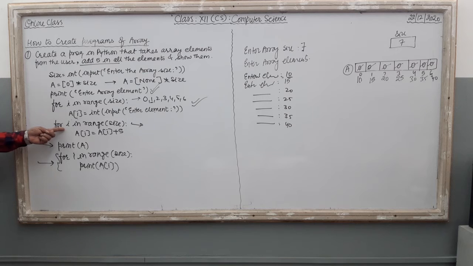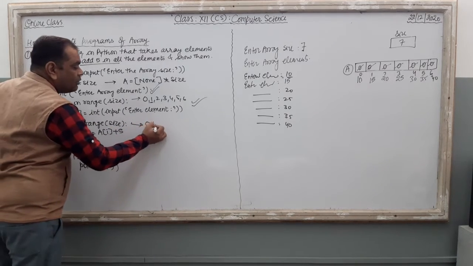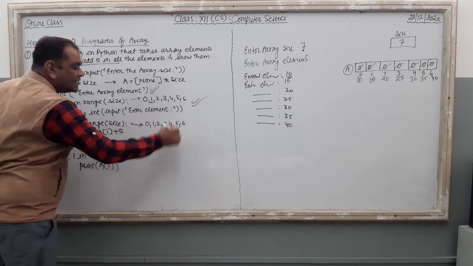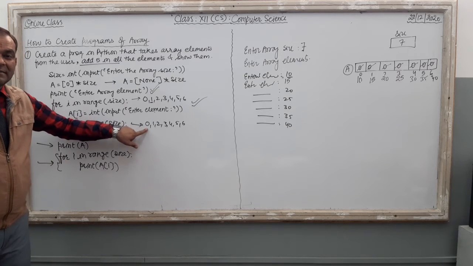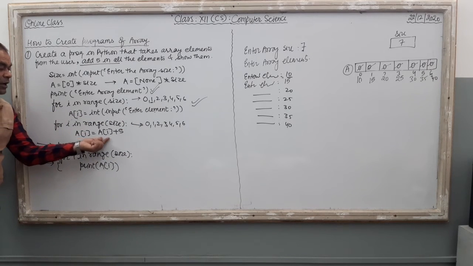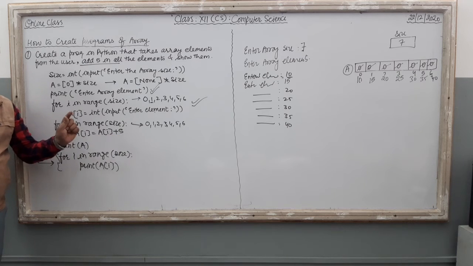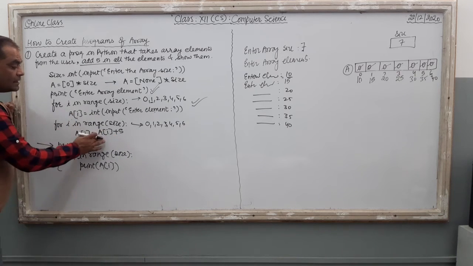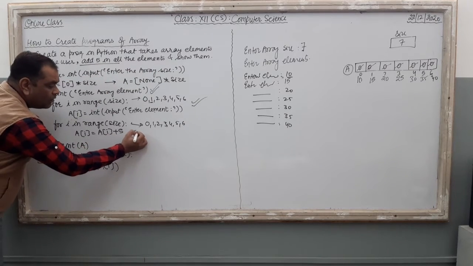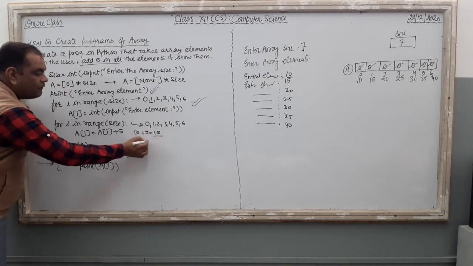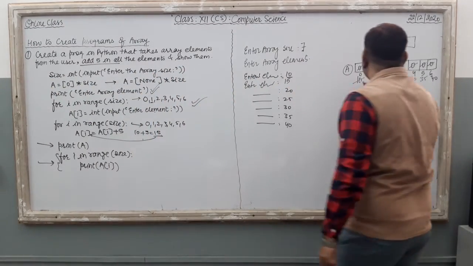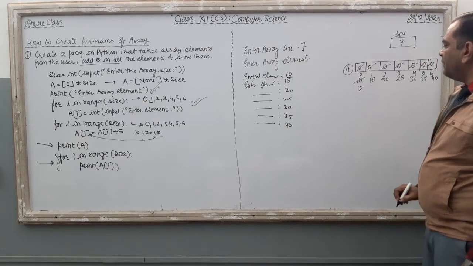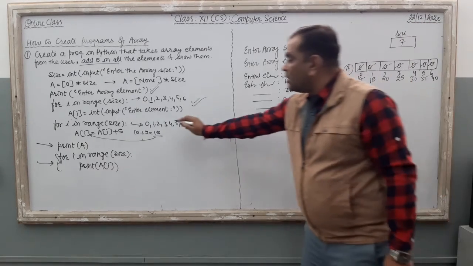Computer is now in this processing block. Now just see, for i in range size, again size is 7, means 0, 1, 2, 3, 4, 5 and 6. This is the output of the range function. Very first, for loop executes with i as 0. What is there? A[0] equal to A[0] plus 5. What is there at A[0]? It is 10. Now 10 plus 5 means 15. 15 is inserted at the position of A[0]. Clear? So it is increased by 5. 15.